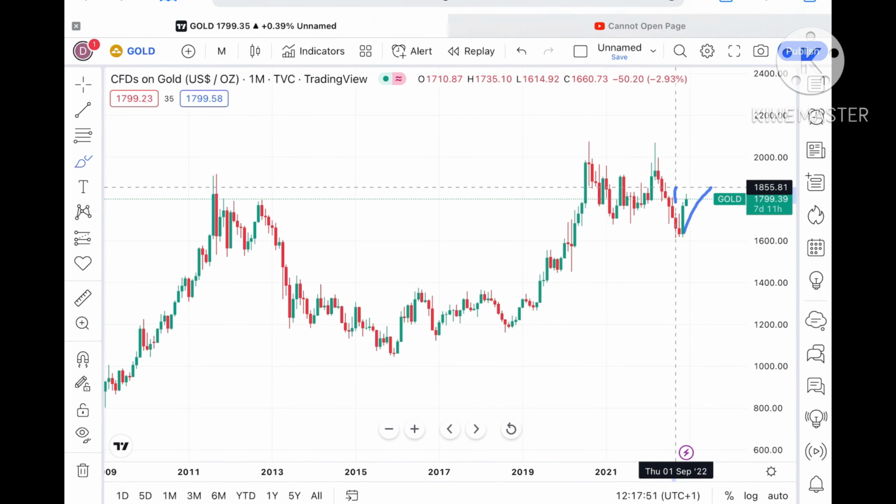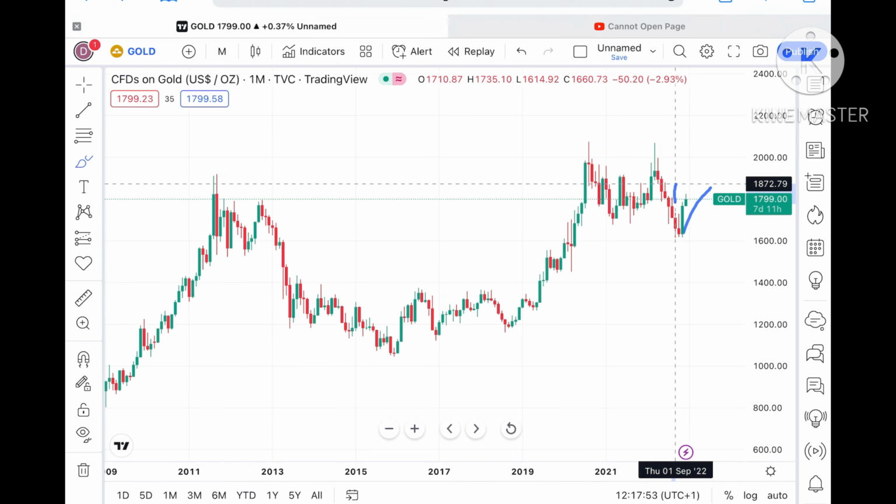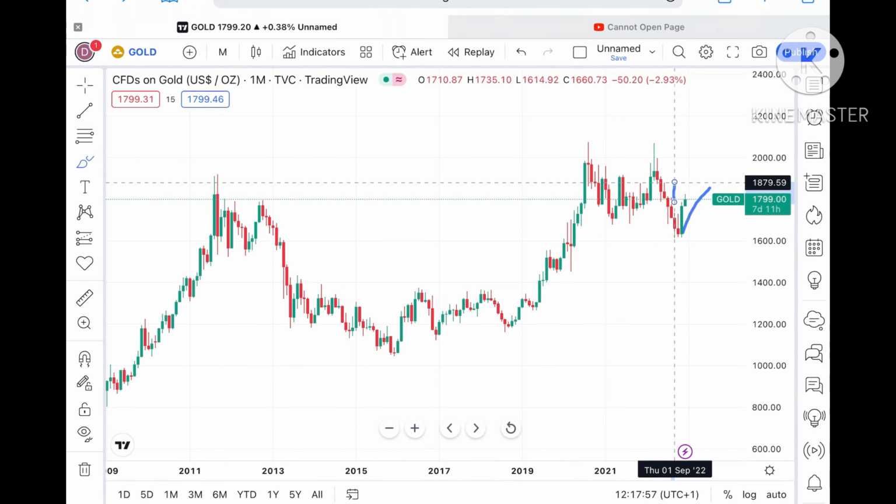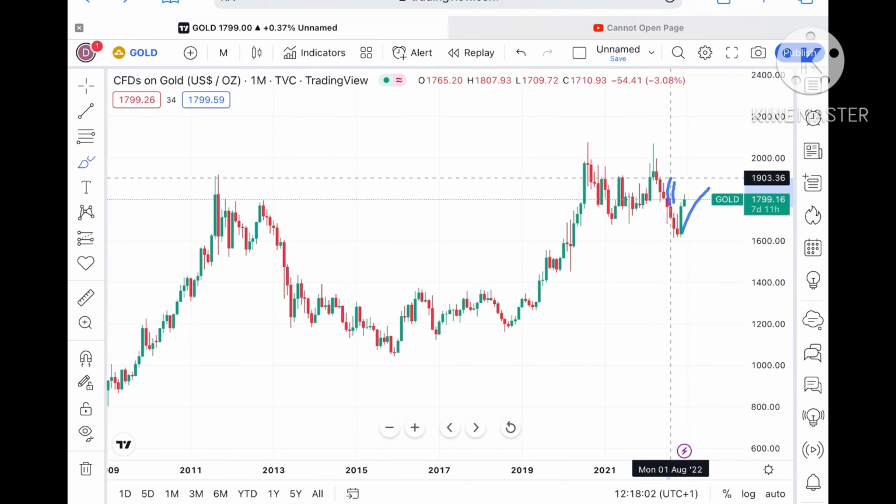Okay, and once it moves up that particular level, then we can see it can go towards a level of around $1869 to a level of around $1882. Okay, and once the price moves up that particular level, then we can see it can go towards a level of around